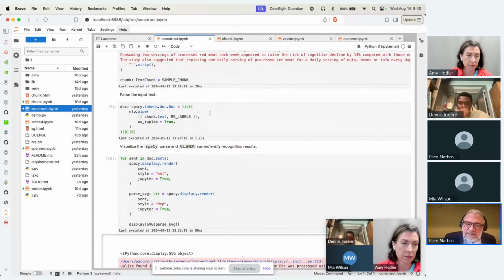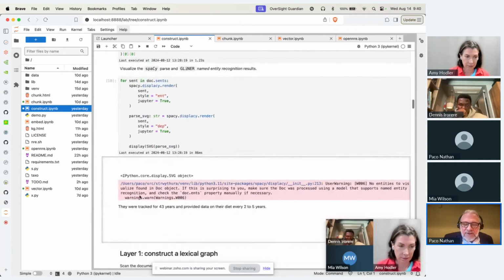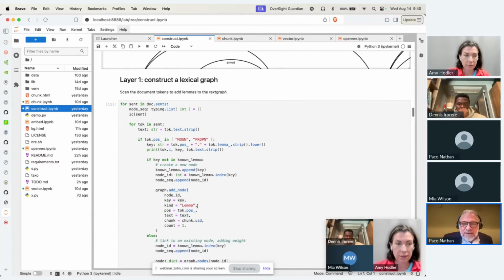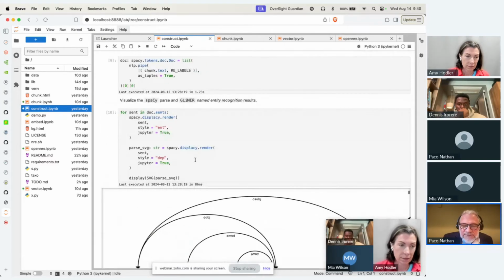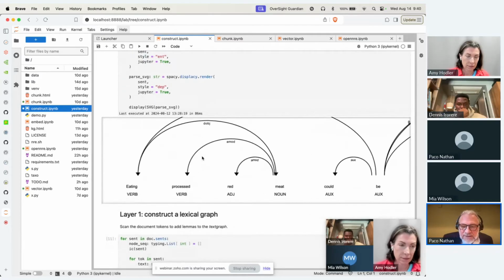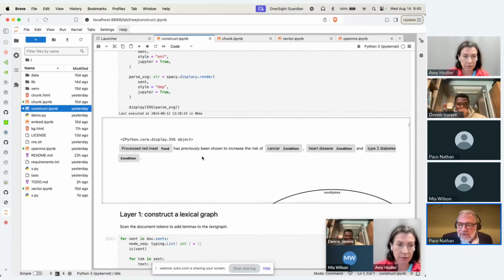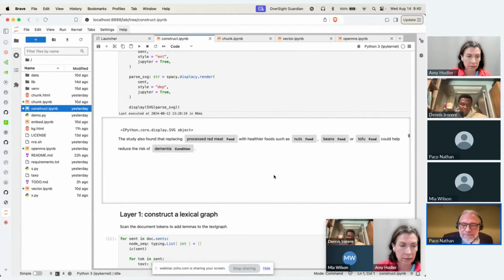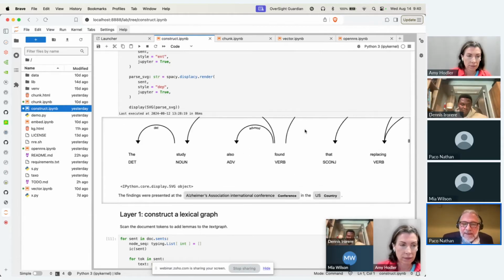I run spaCy to get a document parsed, and then let's take a look at what came out of the parse. For each sentence, you've got a parse tree, and then showing NER, for instance here we see processed red meat, cancer, heart disease, type 2 diabetes, on and on, US, dementia, on and on.